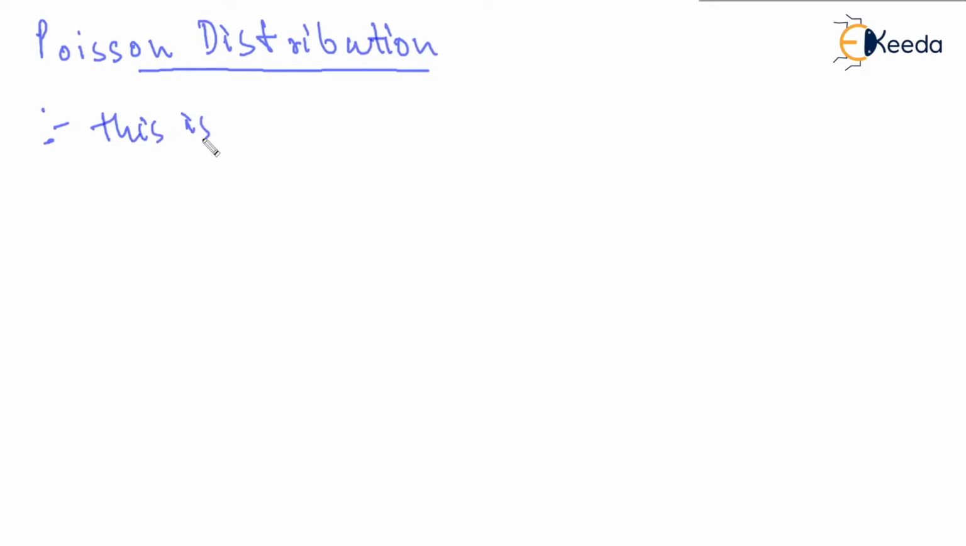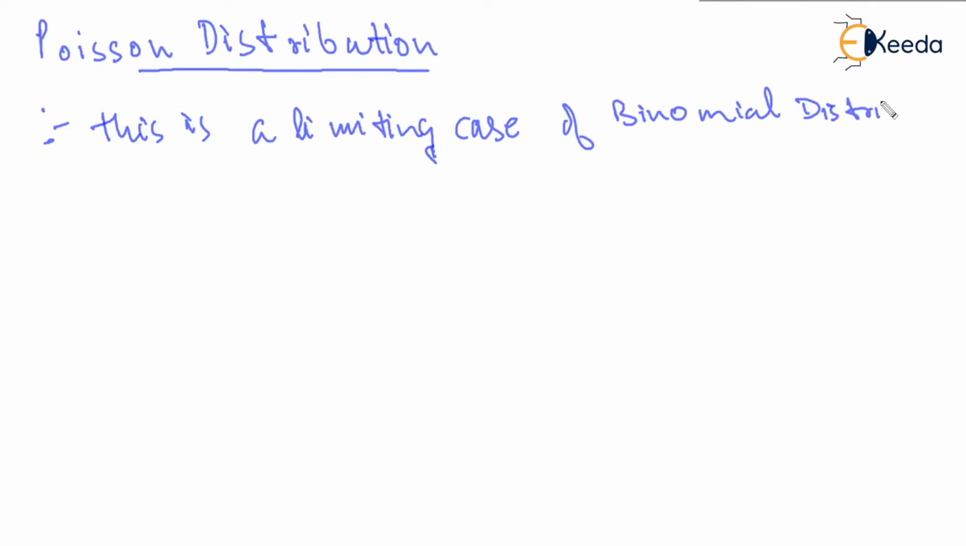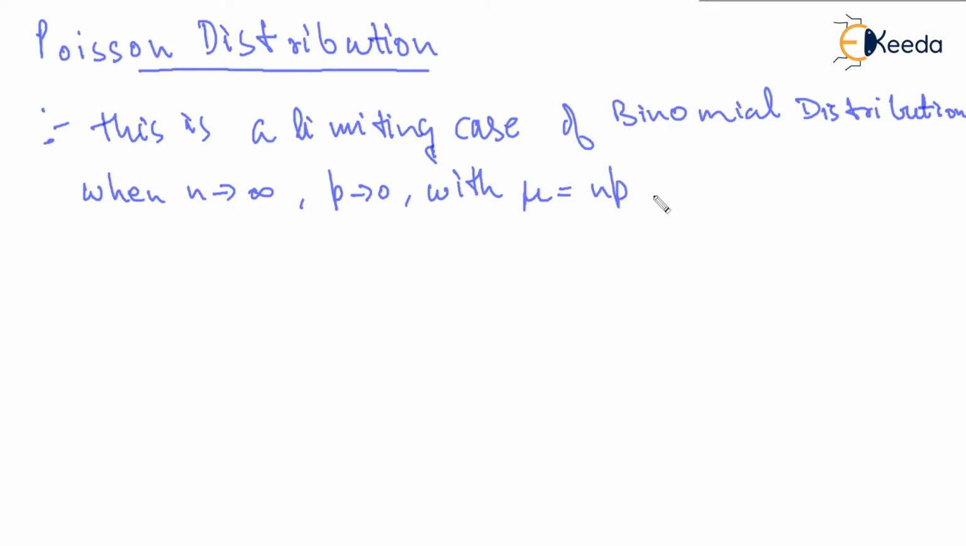So basically this is a limiting case of binomial distribution when the number of trials for binomial distribution increases or becomes very high with the rate of success being very small, so that is when n tends to infinity and p tends to 0, with the mean value mu equal to np as a constant